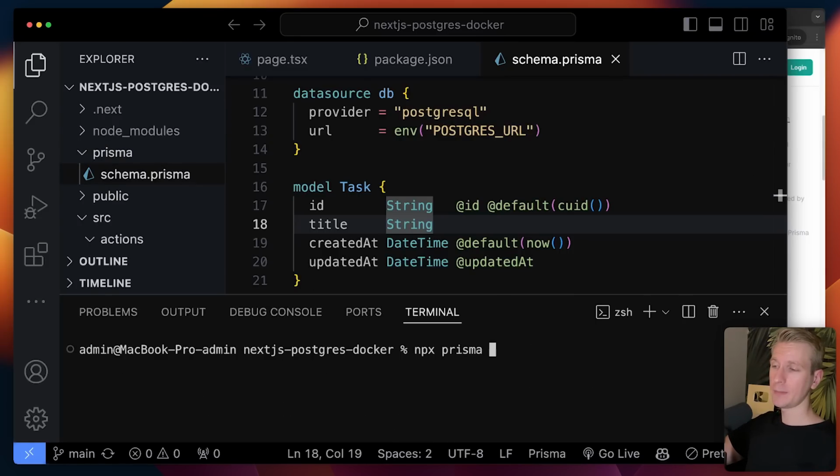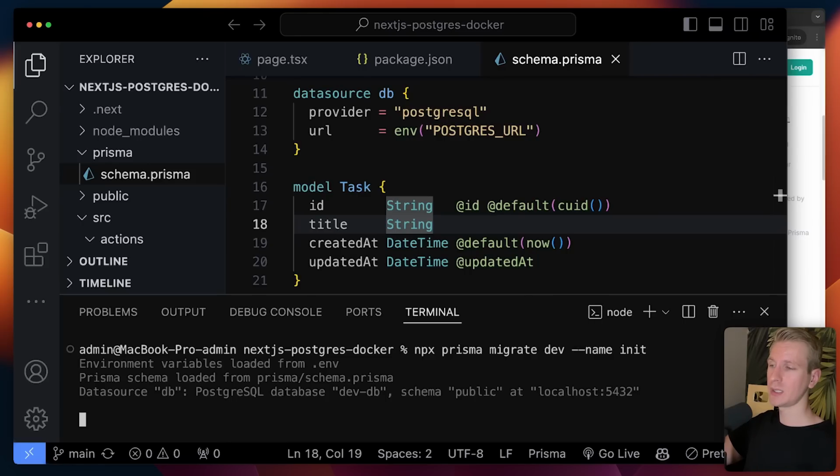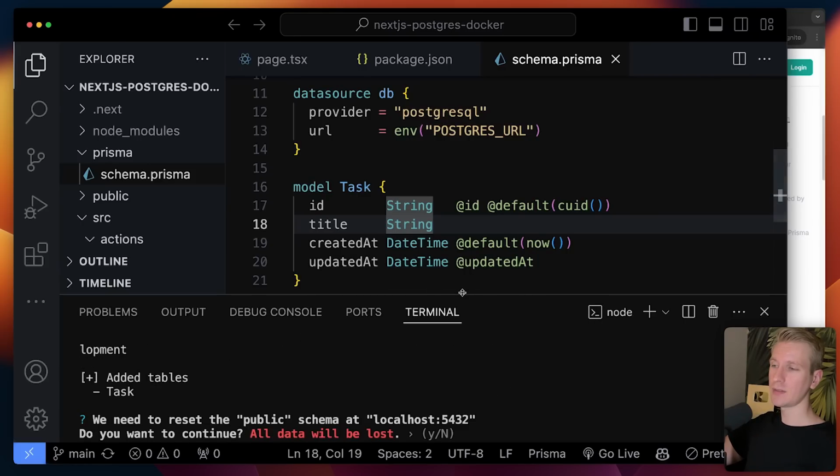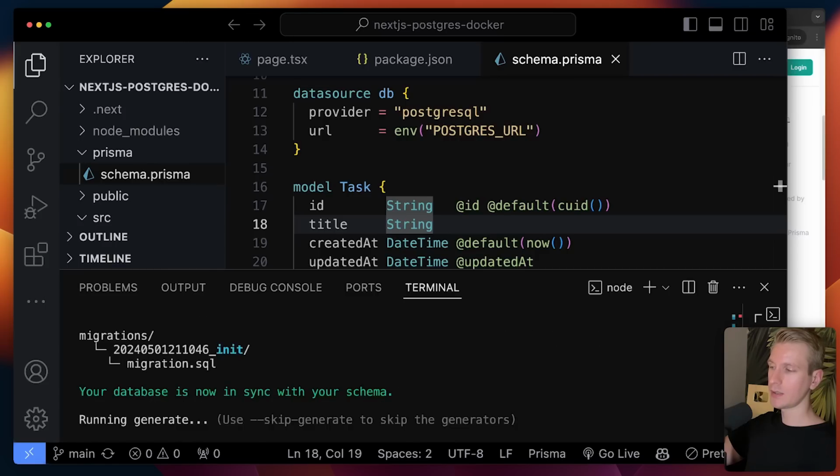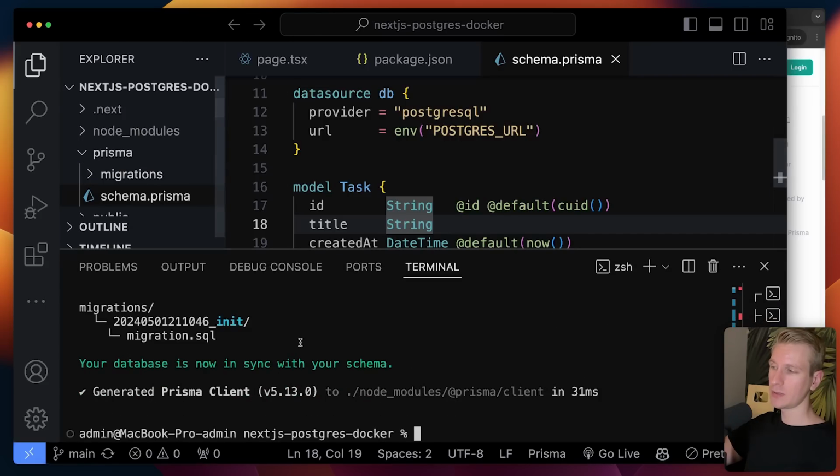So what we can say is npx prisma migrate dev, and this is for development, and we can even give it a name. So we can say this is just the first one essentially, just to initialize this. Let's just see what we get if we do this. So now you can see it's actually very similar to db push. It's going to reset here. All data will be lost. Okay. And now you can see it's very similar to db push, and it also generated a Prisma client, but